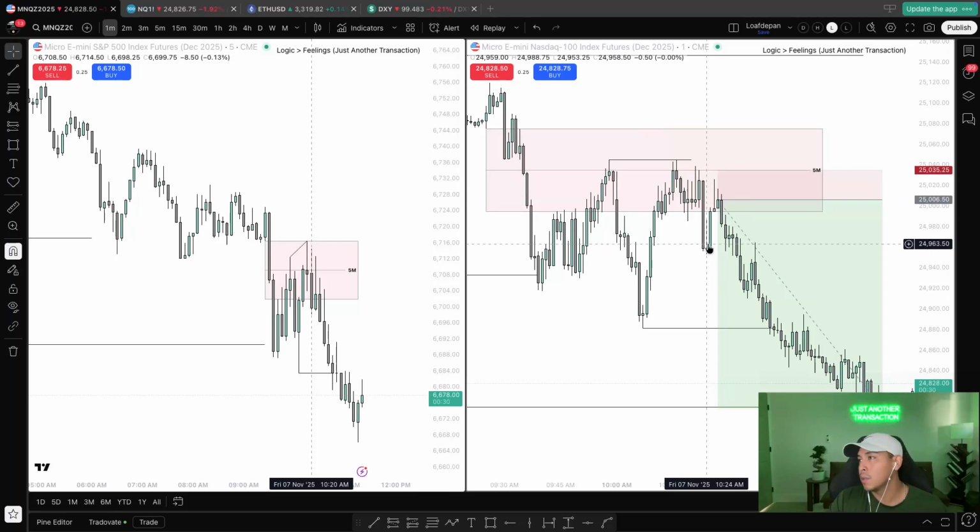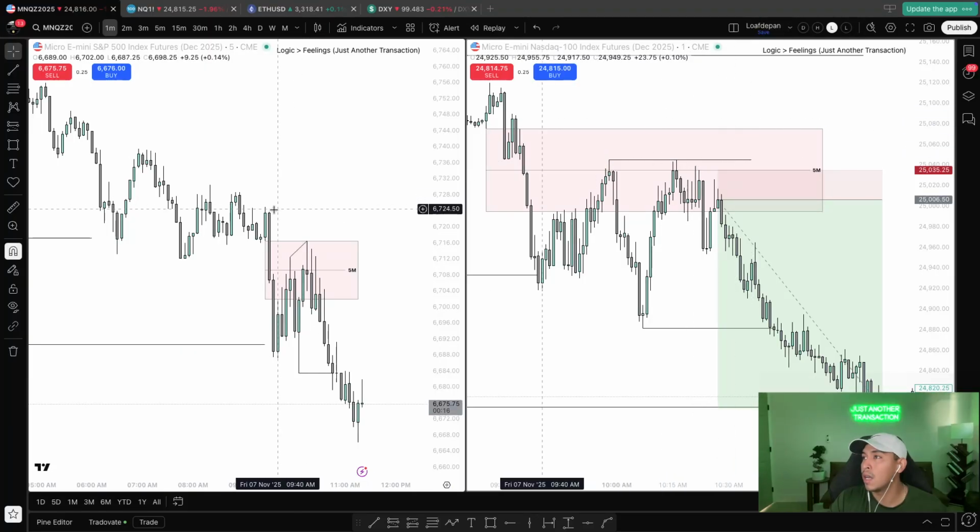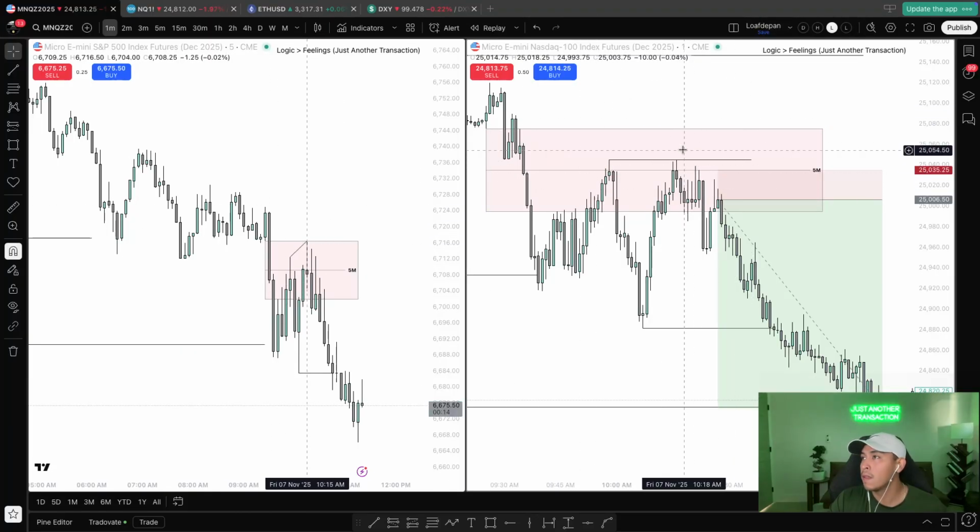But after this displacement on the 5, we drop to the 1 minute and we have this death candle right here. And we immediately start rebalancing the candle back up. I was not interested in this because I felt like this was going to be an inducement to continue higher. And given that we left these highs, which was an SMT, these relative highs right here would keep me from going short right here. Now, however, notice the order block right after this huge displacement.